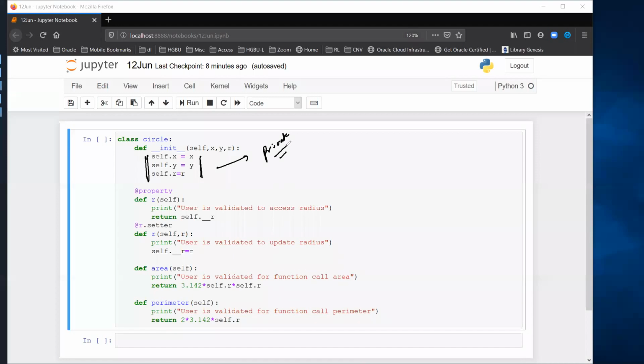That was our requirement. In some scenarios you do not care. In some scenarios you will say the user should not have direct access to these variables. In most cases, the right way of programming is to make these parameters private, okay?